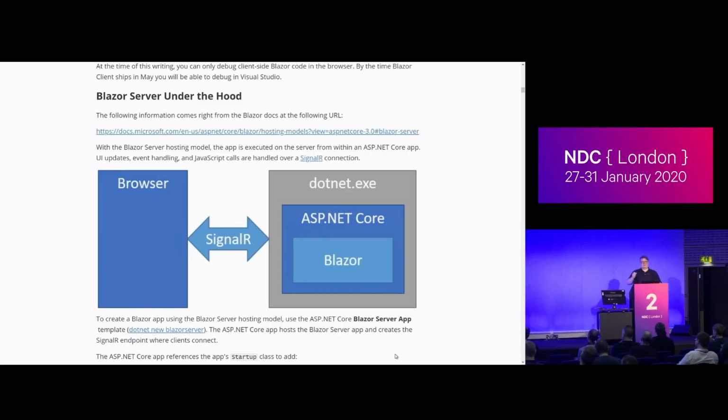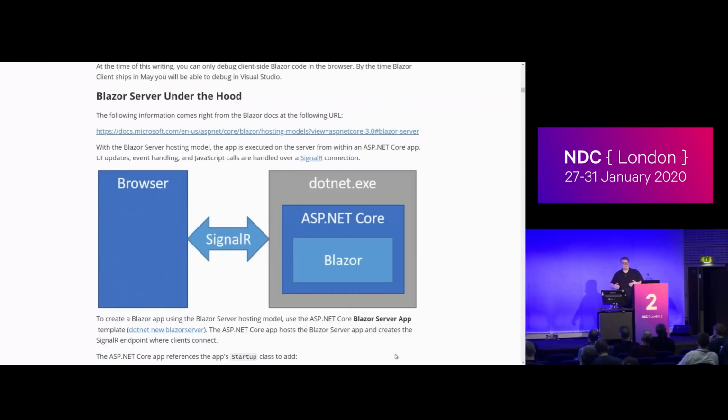So rather than when you click that button, rather than making an HTTP request to a server and getting some JSON back, and then with JavaScript sort of changing the DOM yourself, what happens is it goes over that SignalR connection, and the server is keeping a graph in memory of the DOM of the browser for every client. So it knows the state of the DOM in the browser, executes the code, and then does a diff